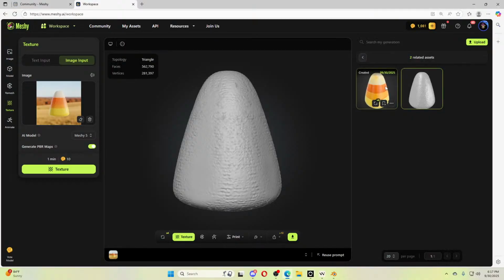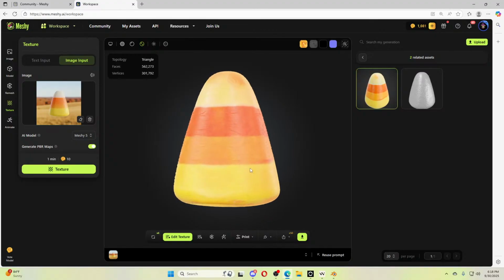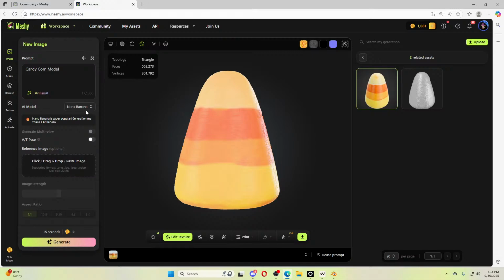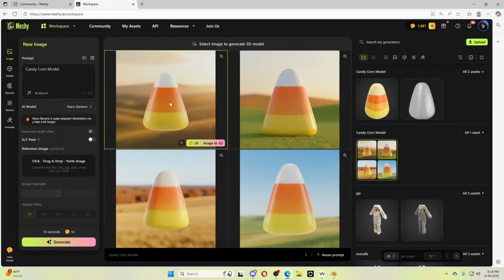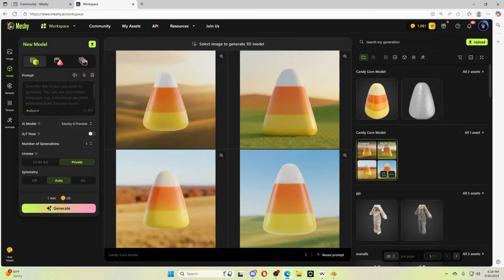Select all. Good. This is the one thing I hate about Mesh, but I think I also should admit that, yeah, it doesn't give me an